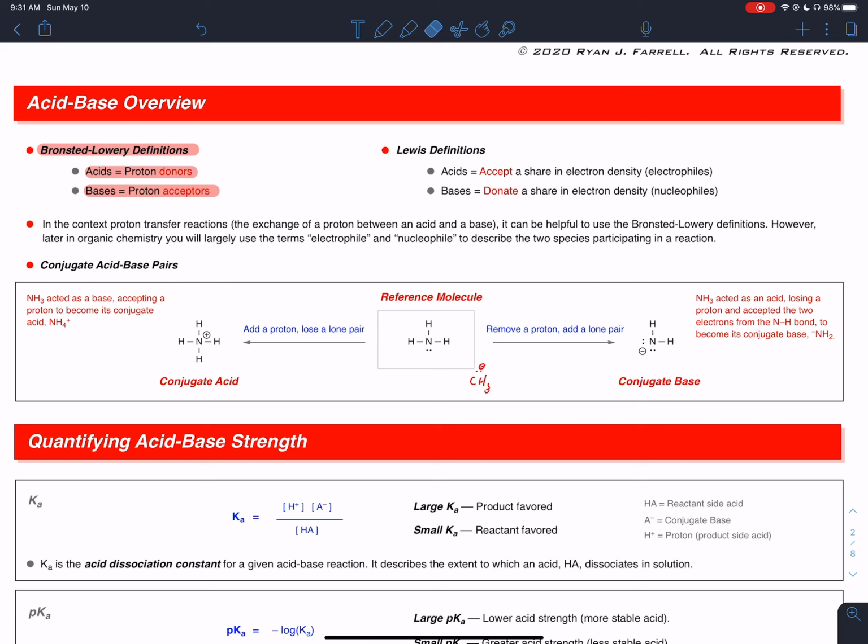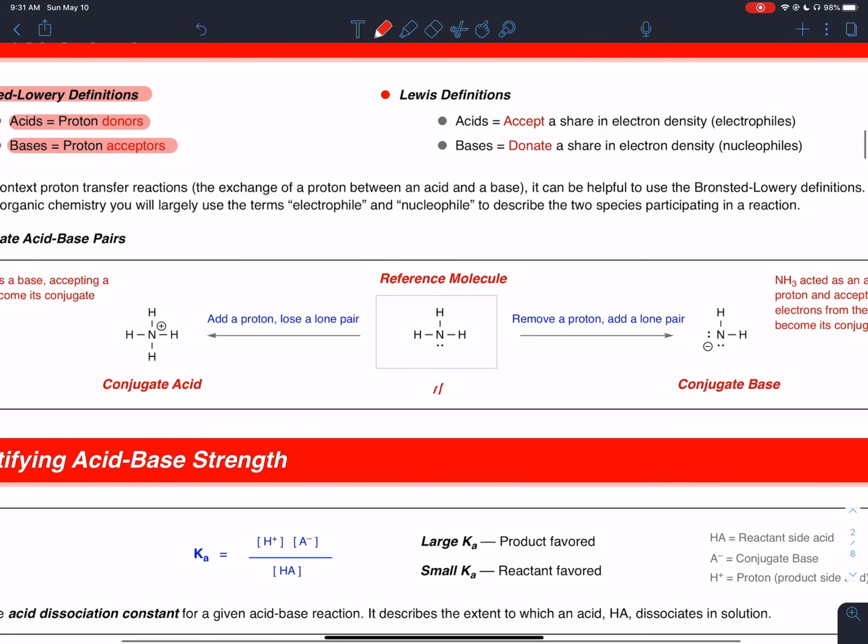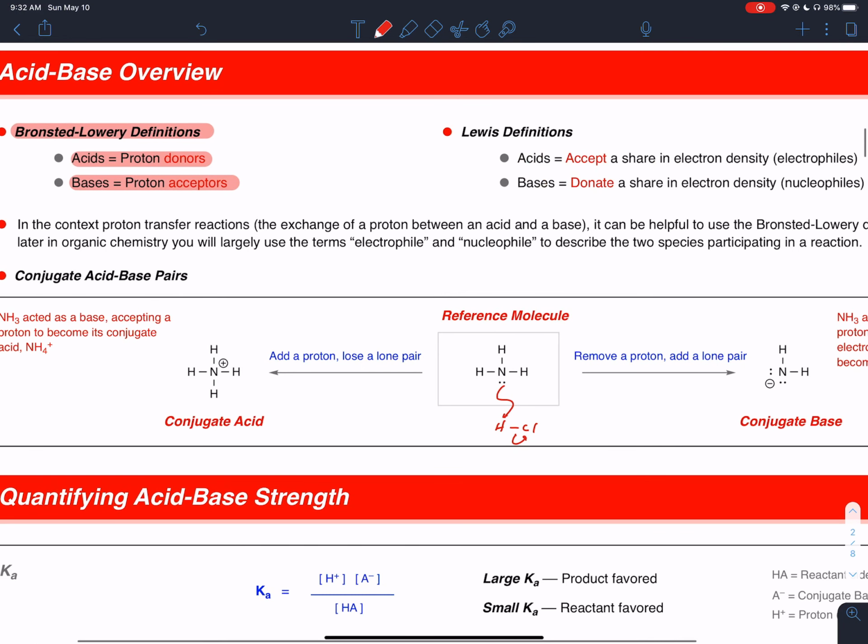Now, let's take the other perspective. What if this molecule were to act as a base, okay? It would be a proton acceptor. So you might have hydrochloric acid, and for this molecule to act as a base, it would share its electron density, this lone pair, with the proton, and it would become NH4+. In that context, we are showing NH3 acting as a base. It is a proton acceptor taking on that extra proton, okay? So again, I very much encourage you to think about the Bronsted-Lowry definitions if you are